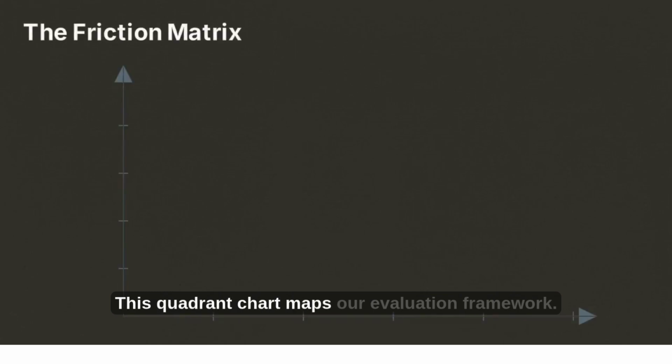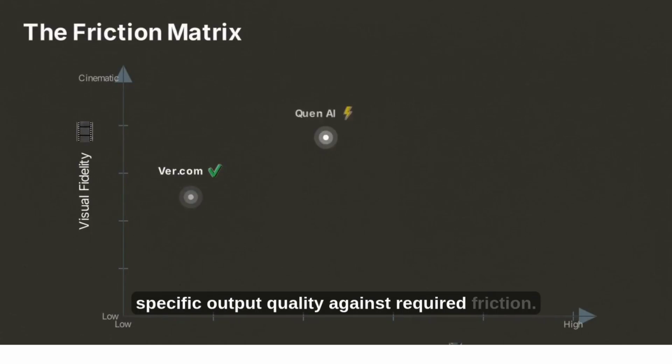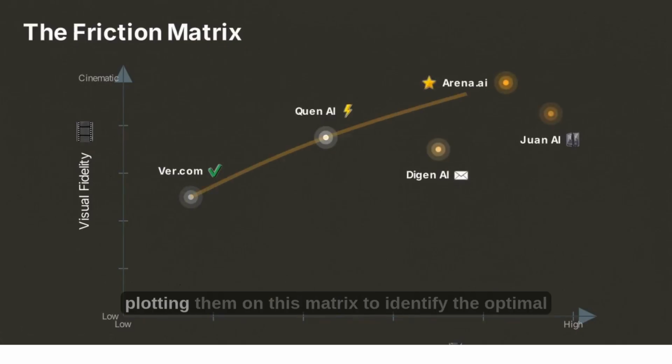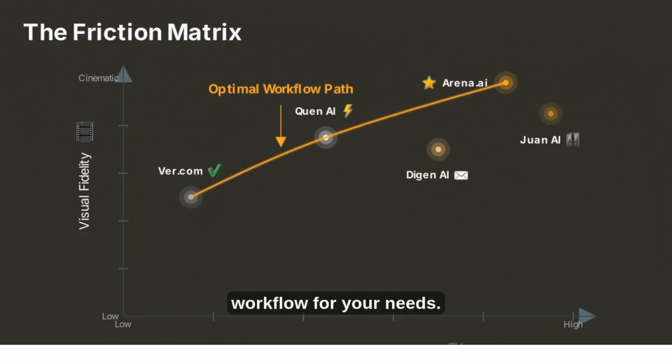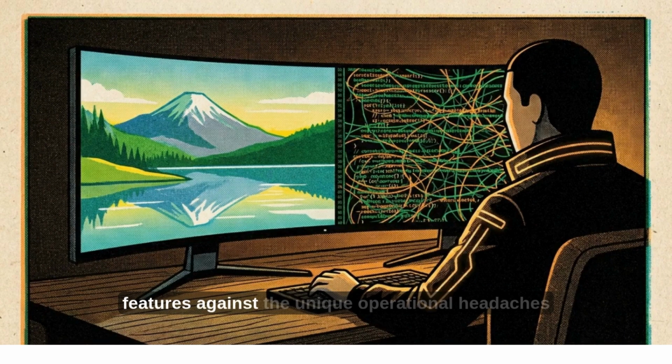This quadrant chart maps our evaluation framework. We measure specific output quality against required friction. We found 5 tools that bypass standard paywalls, plotting them on this matrix to identify the optimal workflow for your needs. Selecting an AI generator now involves weighing specific features against the unique operational headaches required to keep the process